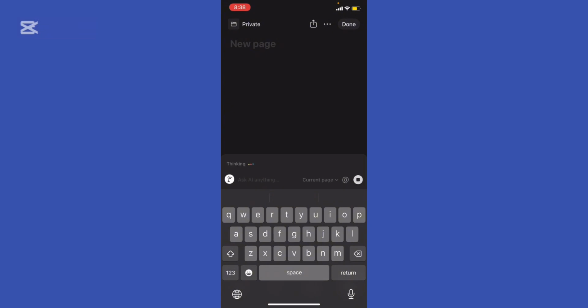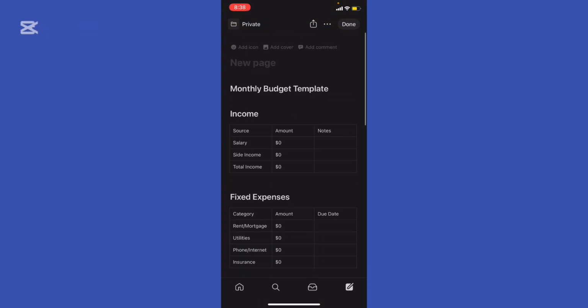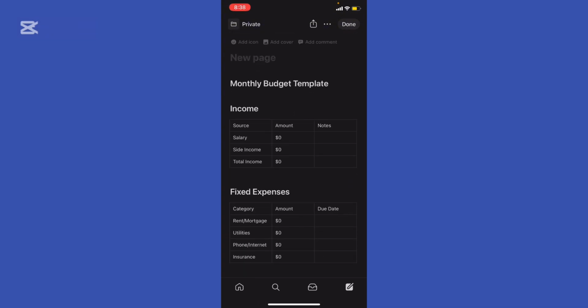Let me hit enter, and now they're thinking, right? And they're going to write down basically that template. Okay, you're going to see right here, and basically we're going to accept it and make sure that you add the salary, the side income, and the total